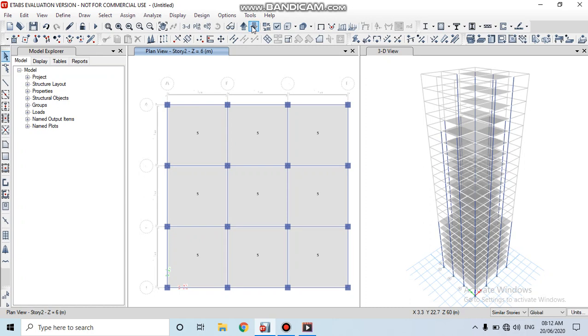Here we can see the story one plan view. Then click on to the set here to the similar stories.